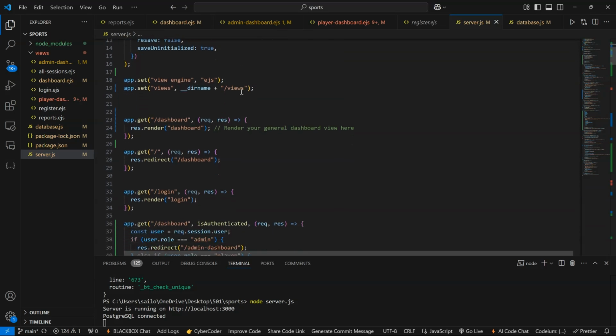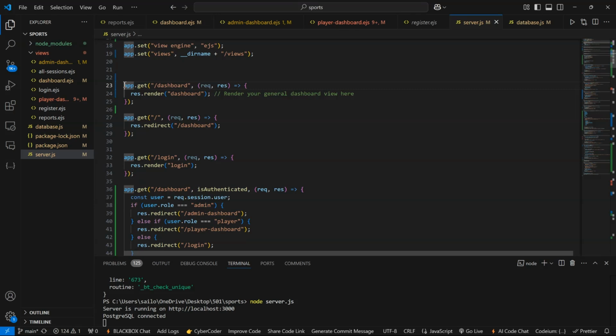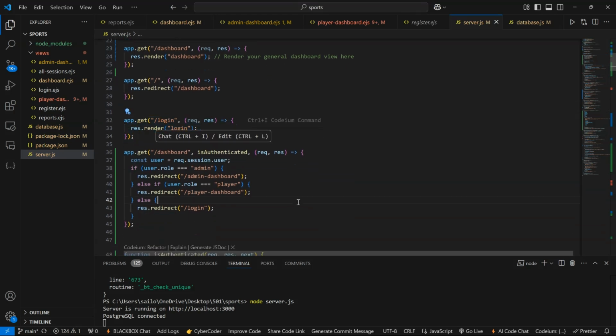Here the view generator is used so that the slash dashboard can be directly written instead of directing through views and dashboard.js, and it would be directly rendered. This part is used for the rendering of the dashboard. Similarly, this part is used for the rendering of the login. Of course, we need to log into our application